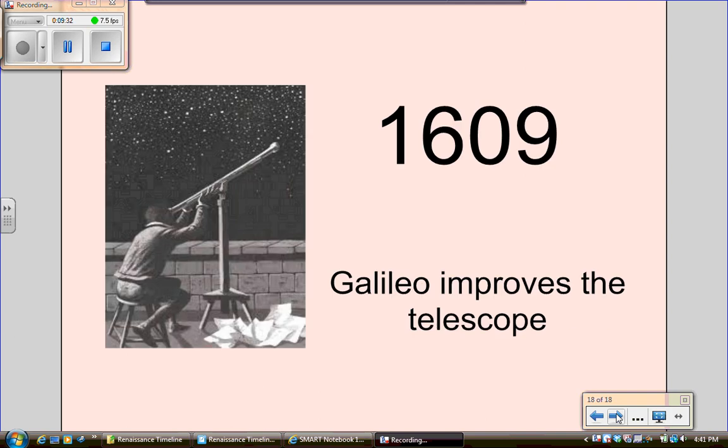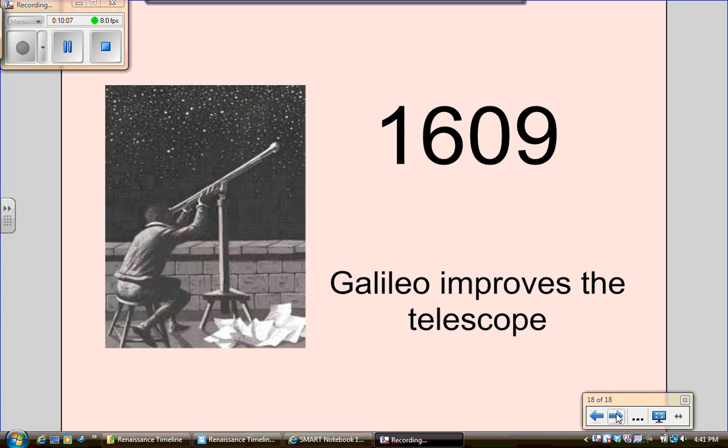In 1609, Galileo improves the telescope and is able to see heavenly bodies close up, and this begins a whole revolution about the place of the Earth in the universe. Previously, it had been thought that everything in the universe revolved around the Earth. But through these observations that he's able to make, he sees other planets, he sees the way we revolve around the sun, and he makes the sun the center of the universe, which gets him into a lot of trouble with the Catholic Church and the prevailing scientific thought.